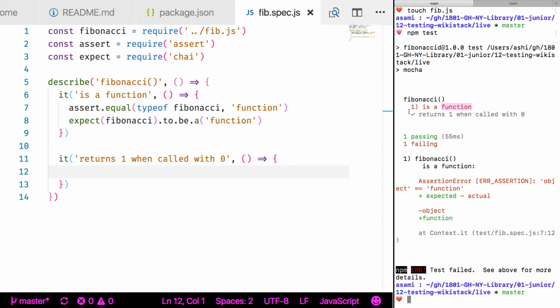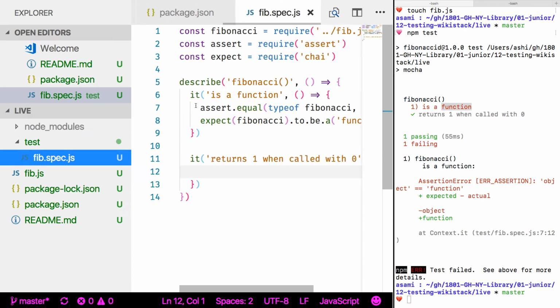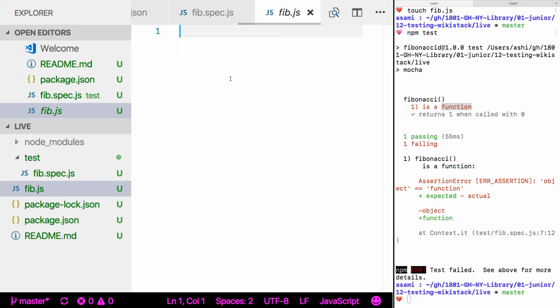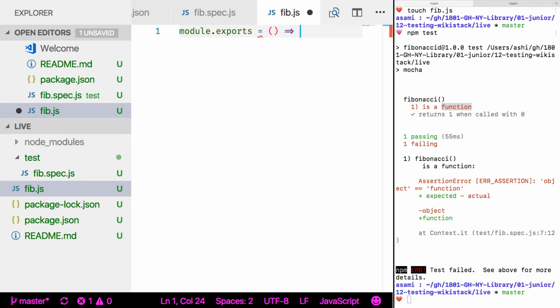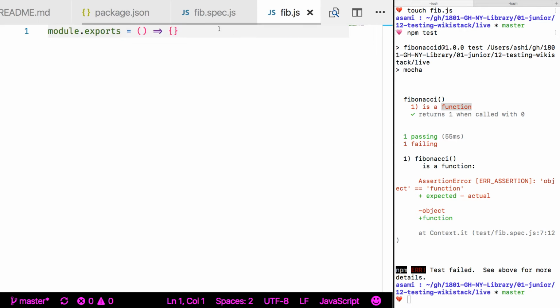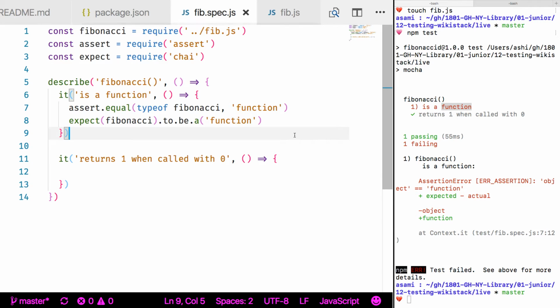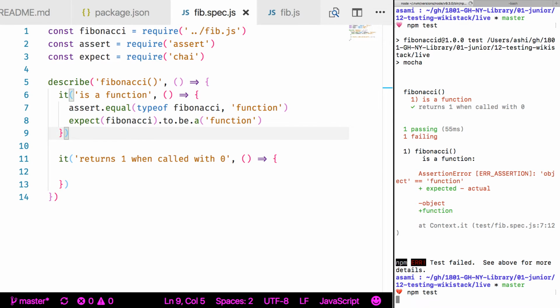Okay, let's make these pass. In fib.js, I'm going to, oh, the other thing you do is you write the absolute minimum you have to in order to make the test pass. So module.exports equals, it just has to be a function. There. Now it's a function. And now when I run this,